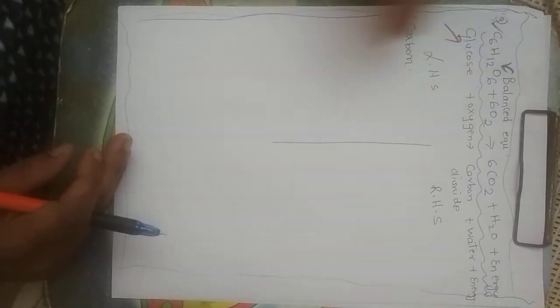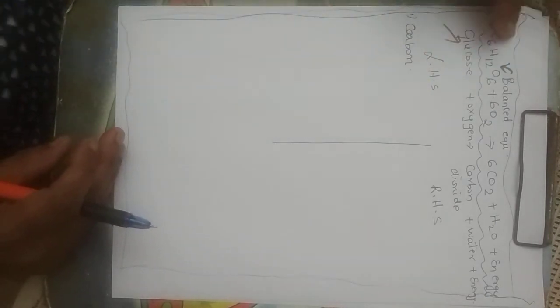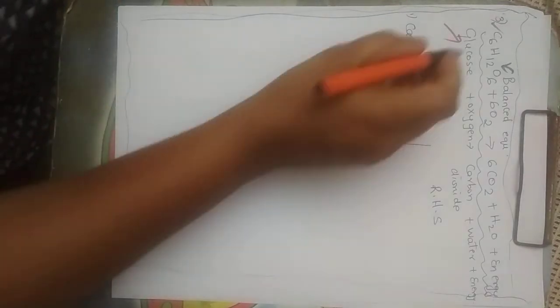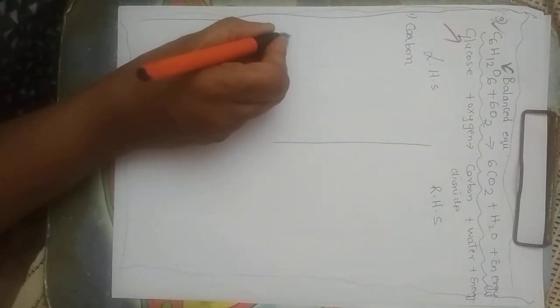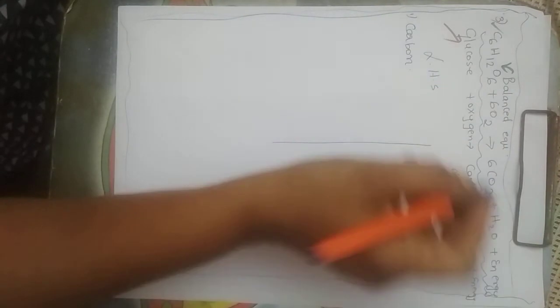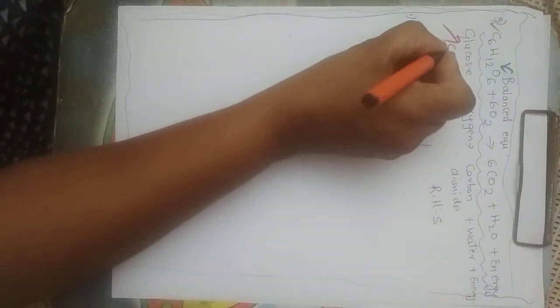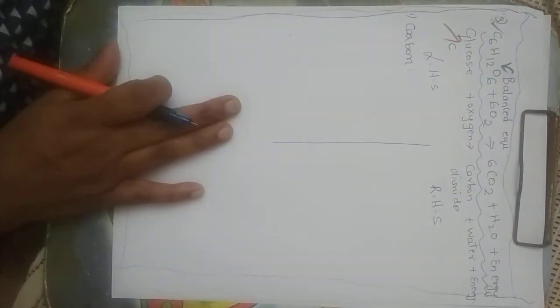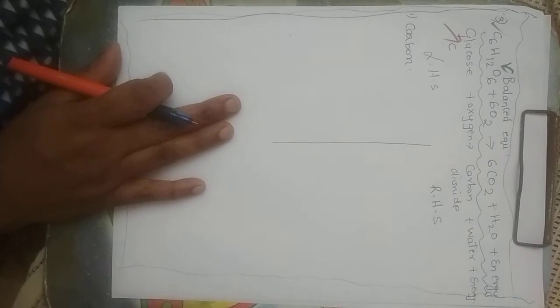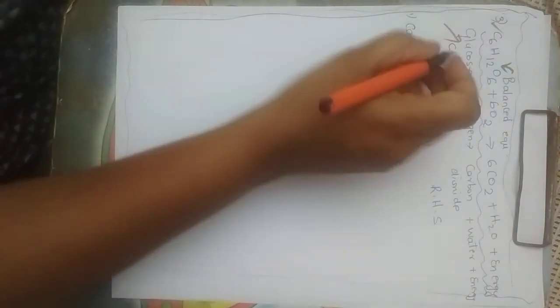Now when it is unbalanced, I'm going to write when it is unbalanced. You all will have to make it, and I'm going to help you. The equation should look like this. So let us write. Glucose is what? Glucose I'm writing down. We'll write here only. So wherever glucose is there, I'll copy that again here. Because when balancing, we may have a problem in putting the number, because we have to make our equation look like this.